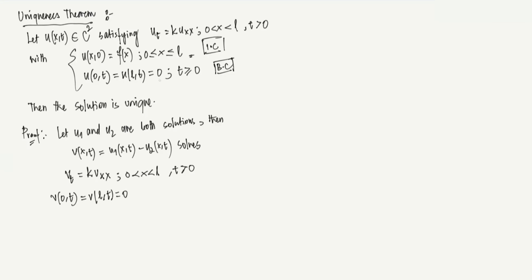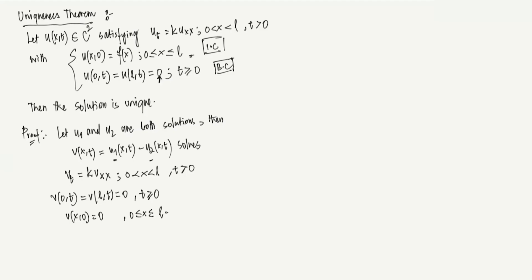See, this does not have to be 0. If it is a function of t also, then u1 and u2 both satisfy it, and the difference will be 0. So you can actually change this boundary condition to even g(t) and still this will hold. But let's just keep it simple. This is for t greater than or equal to 0, and then v(x,0) is nothing but 0 for 0 < x < L. Now, for this system,